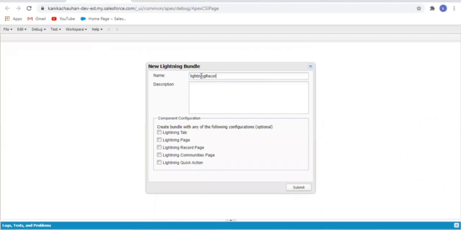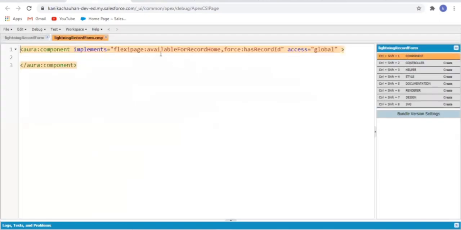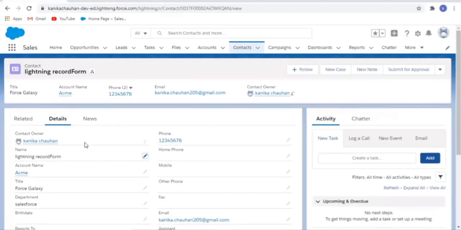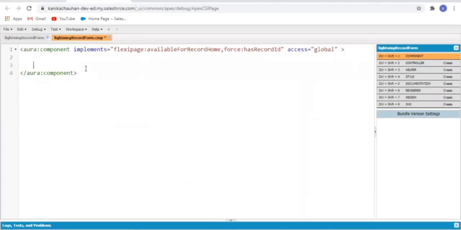Naming my component lightning record form, and I'm using lightning record page as I want my component to be available on the contact record page. This is my contact record page and I want my record form component to be displayed here. Now I'm going to define an Aura attribute with the name fields, and this is a string array.